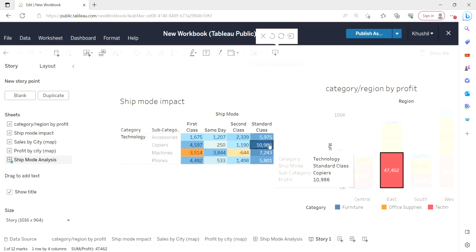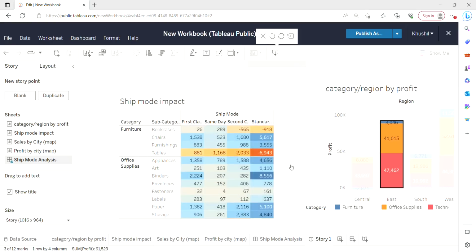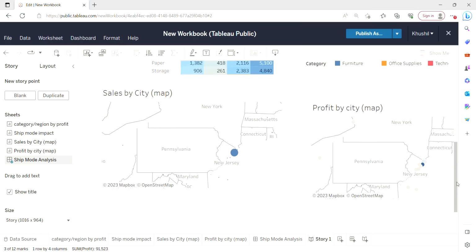Copiers, on the other hand, we can see have received tremendous profit. We can see this is the technology. If we wanted to select the entire thing, we can select the entire thing as well. So here we can see that in tables we have received a lot of loss in the east zone. So we can deep dive, and if I scroll down, I can see that even the other two are also